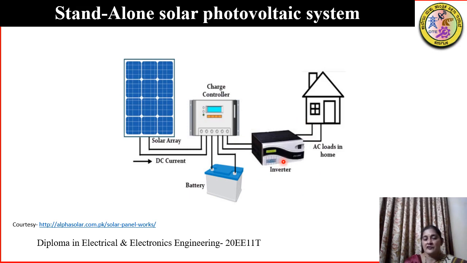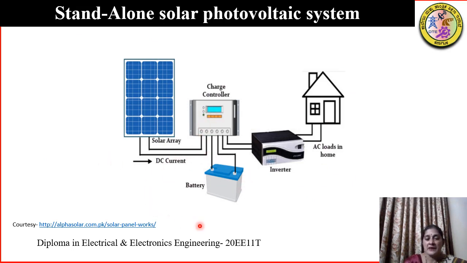Now, other than inverter, we can also see a battery. Now, what is the purpose of the battery? So, we know that light rays fall on the solar array only during the daytime. And the power that is produced during daytime is sent to the consumer. Now, once the sun sets, since this is a stand-alone system, there is no other source of power. How will the consumer get its load requirement? So for that purpose, we provide a battery.